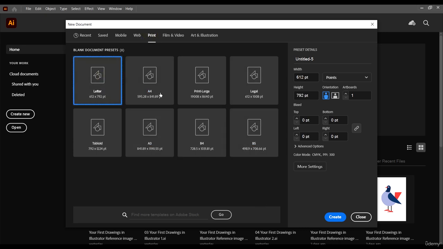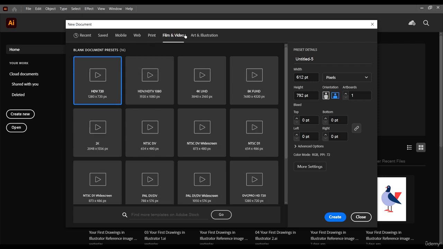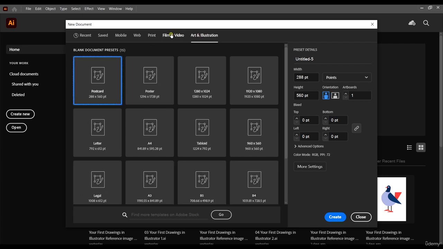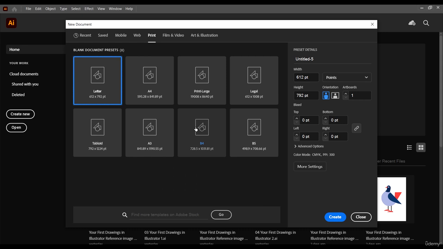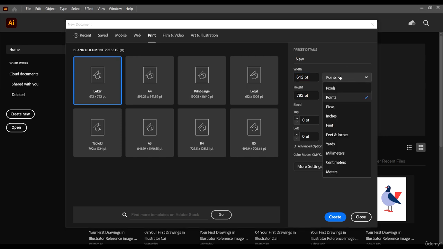Now mind you, if you want to select other templates, we have many more templates here you can choose from, depending on what you want to create, but for me, I'm just going to select the print and select letter. Now we have the preset details here. The file name can be maybe new. And then we have the width here and the height here, and the units of measurement here is